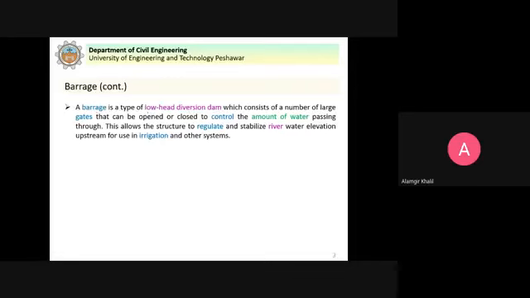A barrage is a type of low head diversion dam which consists of a number of large gates that can be opened or closed to control the amount of water passing through. This allows the structure to regulate and stabilize river water elevation upstream for use in irrigation and other systems.